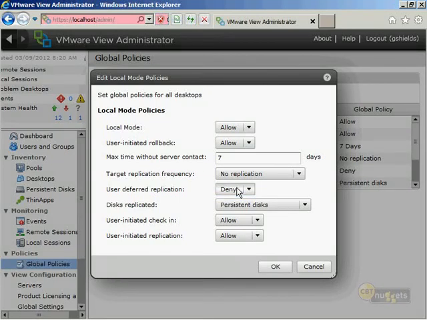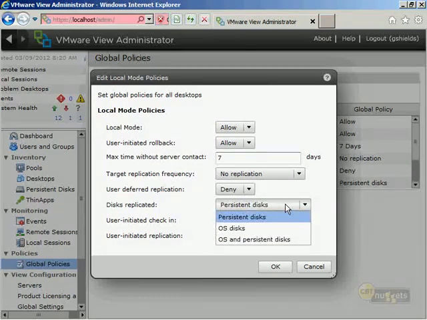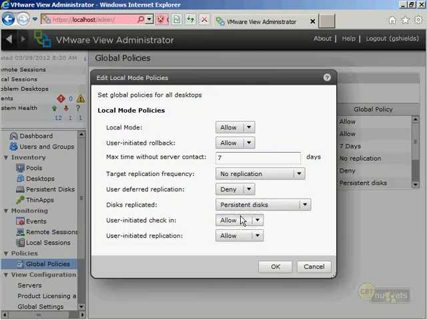The replication that typically occurs is of the persistent disks. The operating system disk, depending on how you set it up, generally isn't going to change all that much. But the persistent disks associated with that operating system disk are the ones that are probably going to have all the changes that occur. Again, these are the user disk, the user state data. So you can set up for OS or OS and persistent disks, but typically the disks you're going to want to replicate back up are those containing just the user data